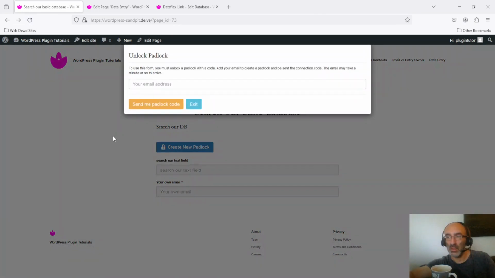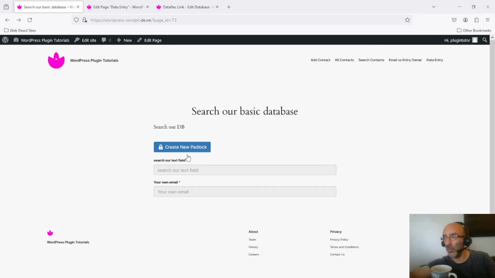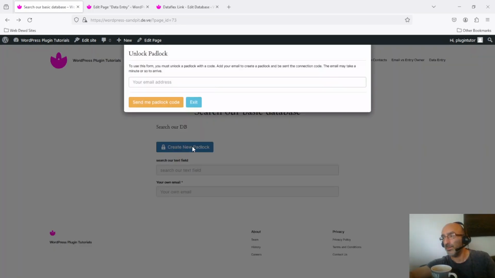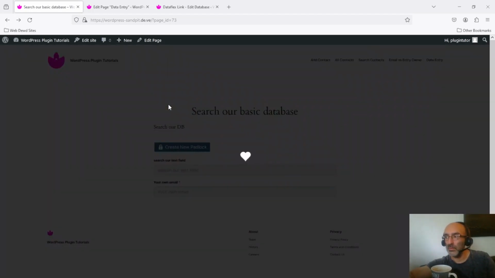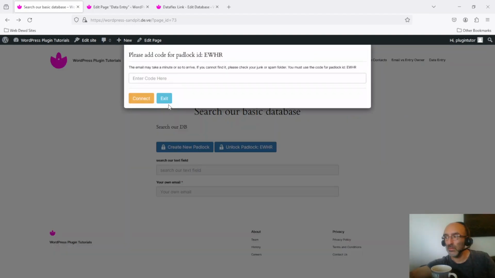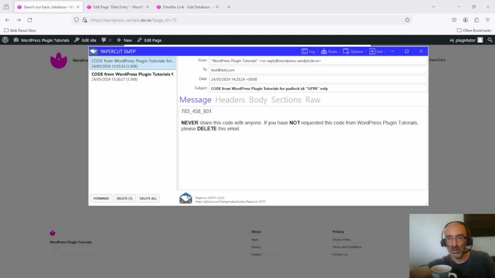And there we go, we must create a padlock code. We don't have access to one, so we'll just create a new padlock again and get a new padlock code. So our email address is test@test.com. Remember, we must have access to this email address to be able to get the code. So I'll get that. And here is,